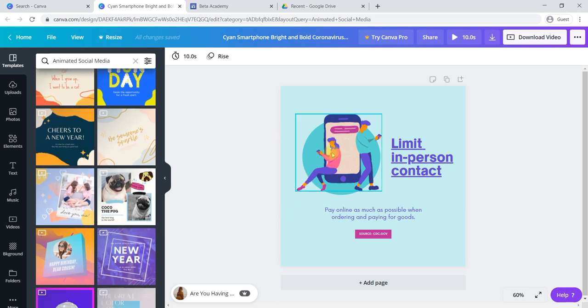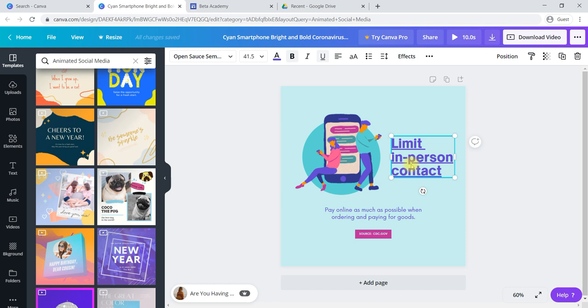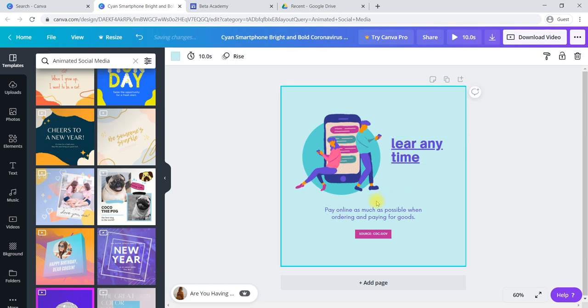Once you have taken a template, now you can start editing. For example, you would like to say something about your ad, like this I would like to say.